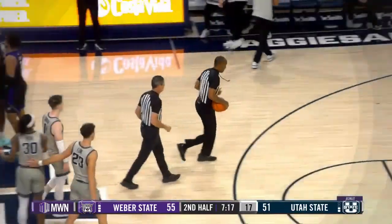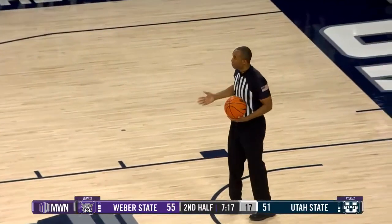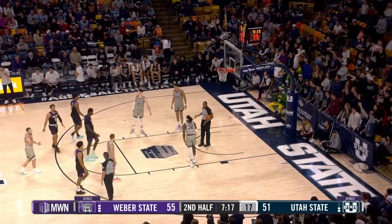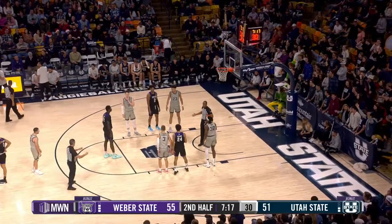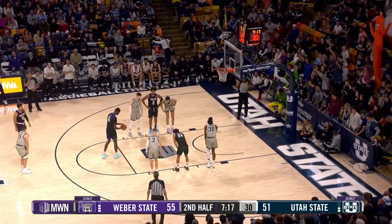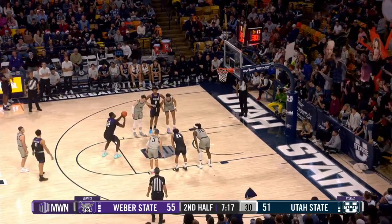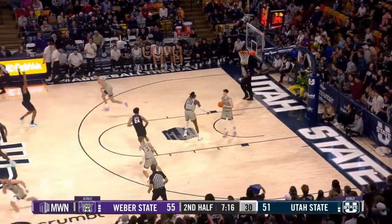What do we got? It is on Rylan Jones, and that'll be the 17th foul. Rylan stripped Tomba. Tomba then came back and tried to rip it away, and the original foul, they're going to give it to Rylan Jones. Mike Reed is over there explaining things to Rylan, but Tomba goes to the line. He has not attempted a free throw all season long. Front end of a 1-1 into the Utah State student section, and he missed it,